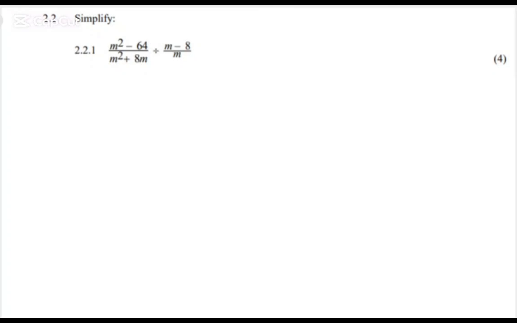So on this question, they say simplify, which is 2.2.1, which is worth 4 marks, guys. This is a lot of marks. We need to grab all of them. So if you can pay attention to this question, it needs you to know a lot